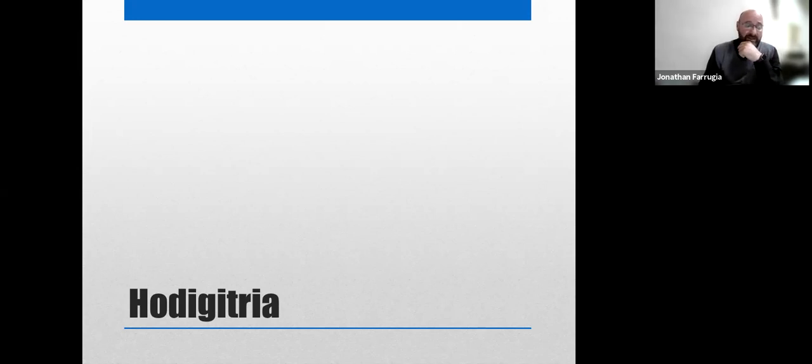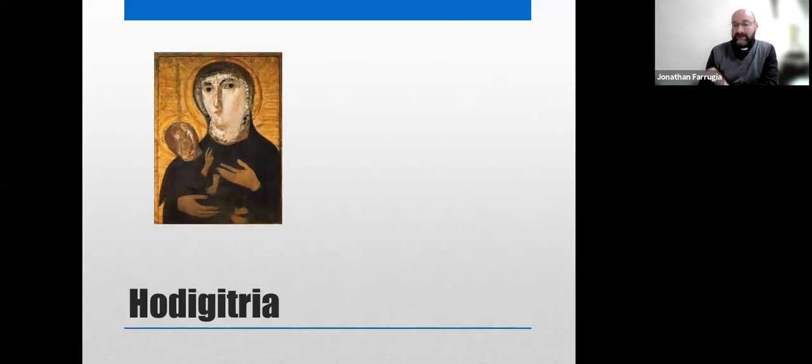Now, in these images, once again, Mary is carrying the infant Jesus, but this time she is pointing at him with one hand while glancing at the onlooker. Okay, so don't be scared at these images, but these are the most ancient that we possess. So as you can see, Mary is facing the onlooker, but with her hand, she is showing Jesus. Therefore, she is telling them, okay, look at him because he is the way. Follow him because he is the way.